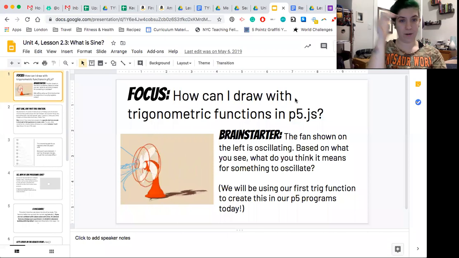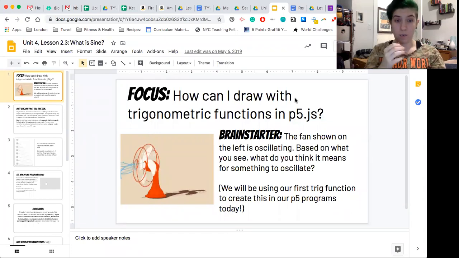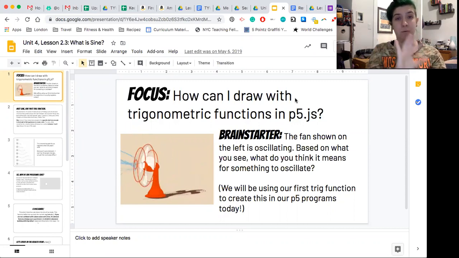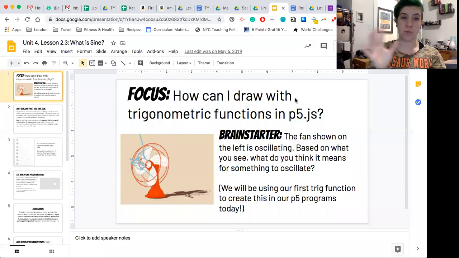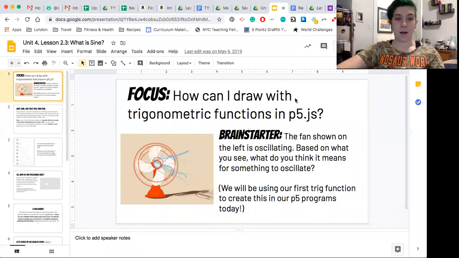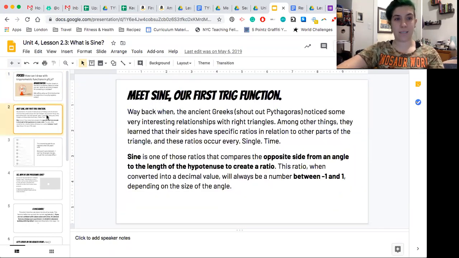As you read or saw in your weekly work, you've seen this animation of a fan moving back and forth, and we learned that this is called oscillating motion, where something moves smoothly between a certain range and it just kind of automatically goes back and forth. And one of the ways that we can create this oscillating motion is with something called sine, which is our